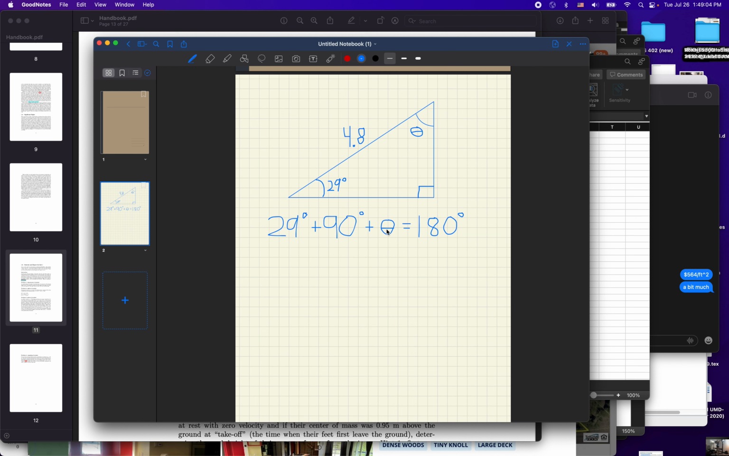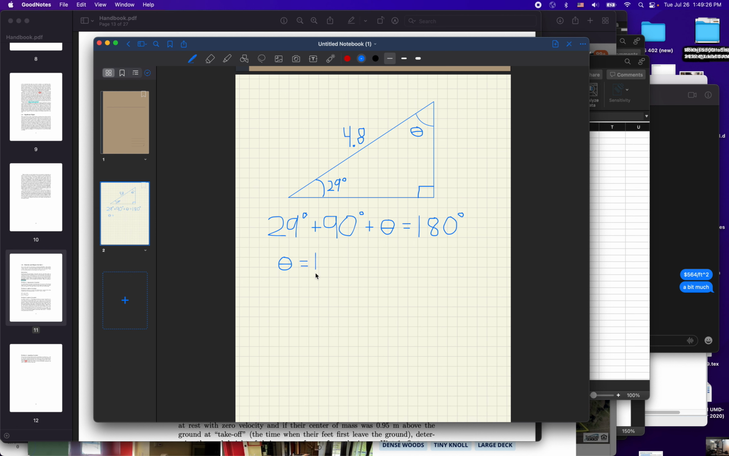So I've got one equation here, one unknown in that equation. How do I solve for that unknown? Well, I want to get theta here isolated by itself on the left-hand side of this equals sign. And how do I do that? Well, I subtract 90 from both sides, and I subtract 29 from both sides. And so that would look like this, where I'd have theta